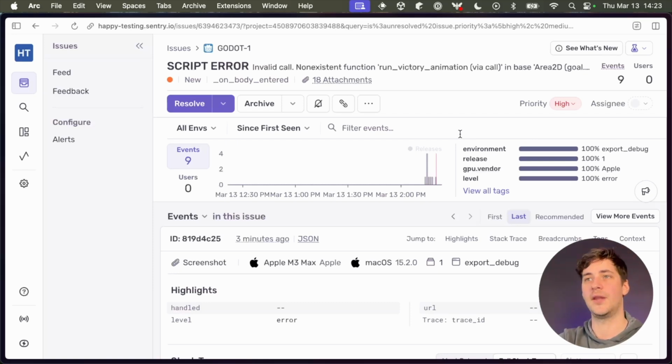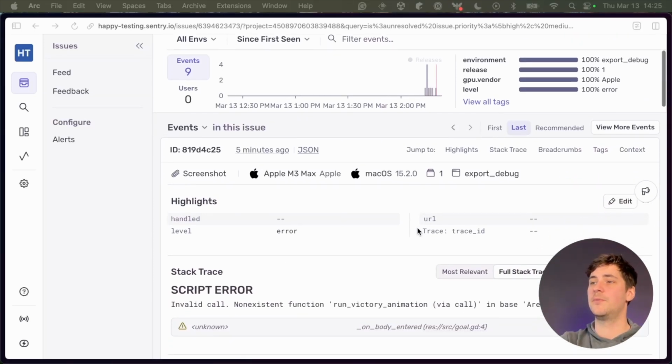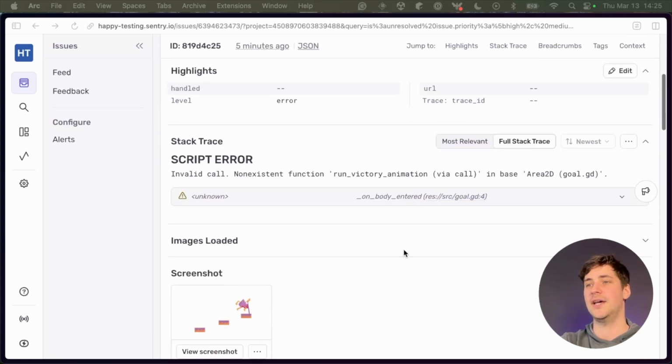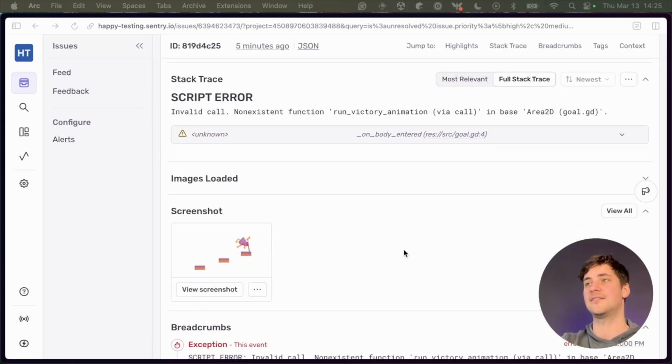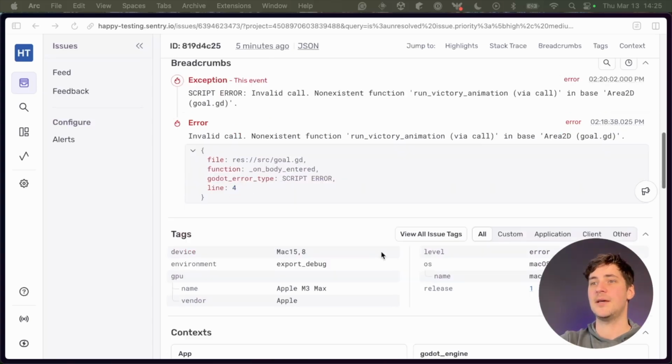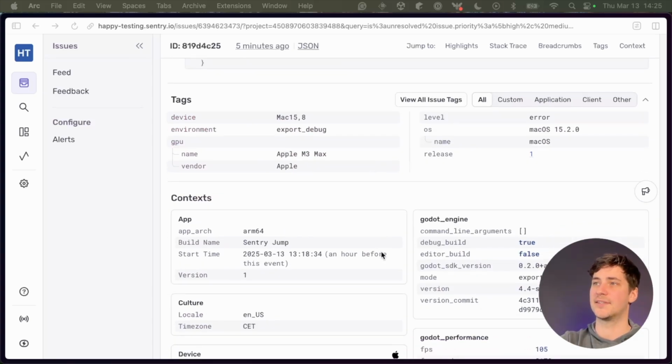We get to see how many times this event occurred, how many users were affected, and some information about the devices this was happening on. Of course, the SDK was able to capture the error itself, telling you exactly which line this happened on. In addition to that, it also grabbed a screenshot at the time of the error, so you know exactly what your player was looking at while things went wrong. This is getting followed up by breadcrumbs, capturing log messages, and ends up with tags and contexts that the SDK automatically fills for you that are fully customizable to the specific needs of your game.